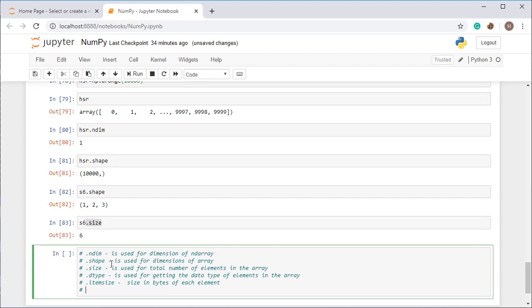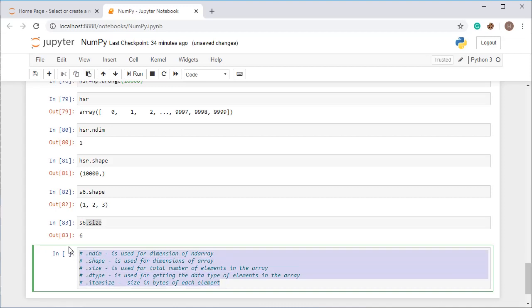And then you can also use .data for the buffer containing the actual elements of the array. Actually, we don't need the .data command because it is rarely used; when you go for machine learning, you will use .data. So leave it for now, and remember all these things because we are going to use them again and again in the upcoming topics. All right, so always remember these things.